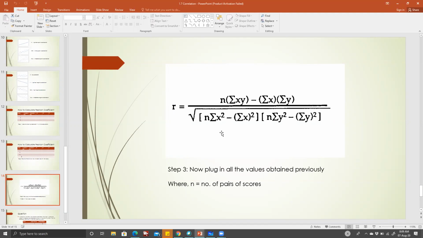Okay. Into n of summation of y square minus, you take summation of y and square that value. Okay. This will give you basically the value of R, or Pearson product moment correlation coefficient. Okay. And you will just have to plug in the values to get this. So just give it a simple try. Everyone have noted down this value?